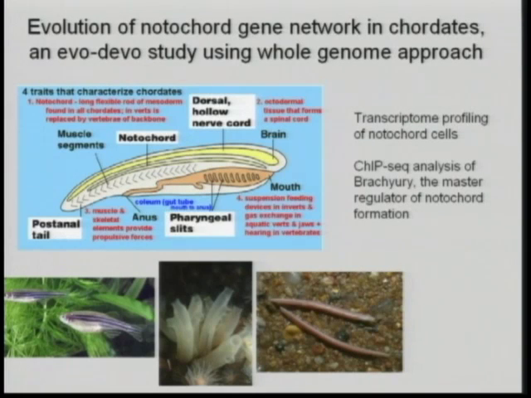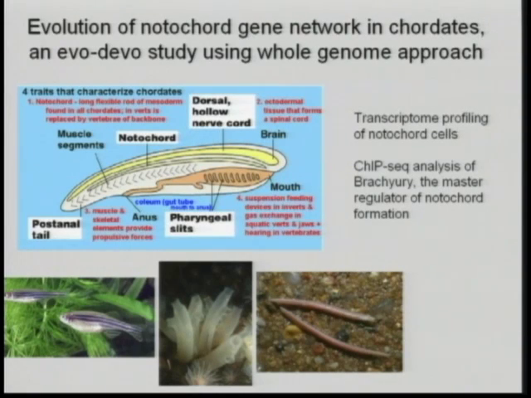So traditionally, people do this evo-devo study. They just pick a few candidate genes and show similar expression and say the tissue is homologous and conserved. But with the development of these whole genome technologies, now we can actually integrate the tissue at the whole genome level and look at all the gene expression profiles as well as the gene regulatory network in the tissue, and try to understand what are the conserved genes and the conserved regulatory toolkits that specify a similar tissue